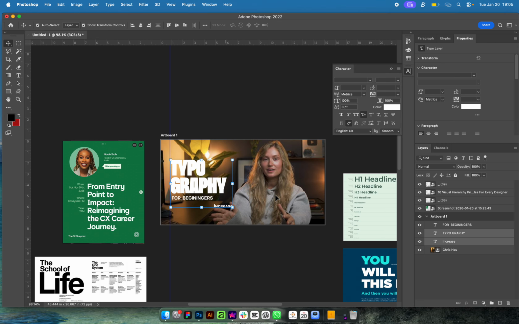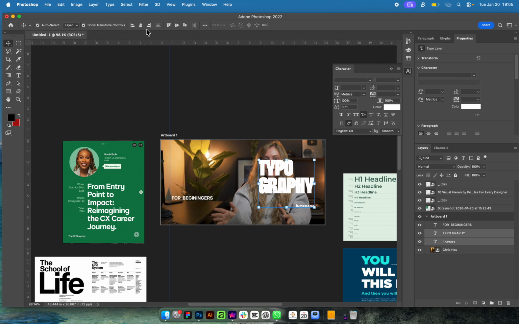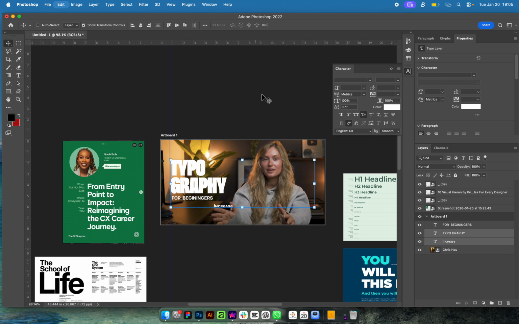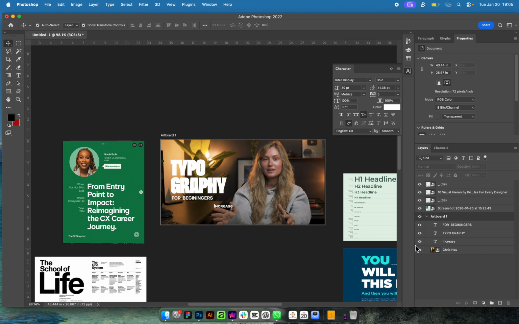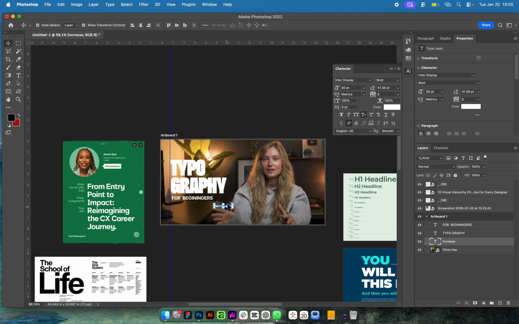So let's say increase is here already, and you want typography to be aligned to the right, and this is where the right is. You select both of them again and you align it to the right. Same thing too, you can align it to the middle and increase in the middle of this. You can align it on top, you can align it to the middle, align it below. So it depends on what you want. You understand? So I think the rule of thumb will be that you guys should just go back and play around with this alignment. Then lastly, before we entertain questions and close for the day, is